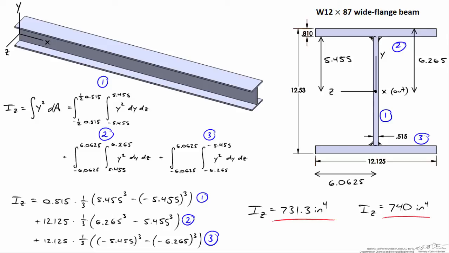What's interesting is just how little of a difference the web actually makes in terms of the area moment of inertia. For example, if we forget about the web altogether, delete that first term, I compute an area moment of inertia of only about 676 inches to the fourth power. What this means is that the presence of the web, although its area is nearly a third of the entire cross-section of the beam, it only increases the area moment of inertia by about 8%. It really doesn't make much difference at all in terms of stiffness about the z-axis. The high moment of inertia about the z-axis is due primarily to the flanges, because they're spaced so far away from the centroid.